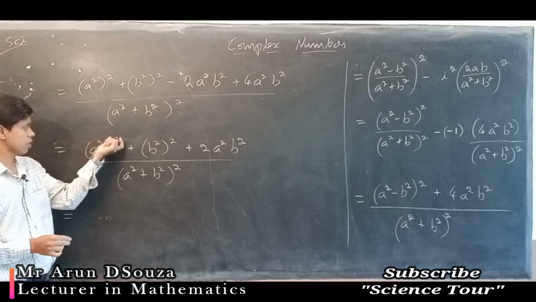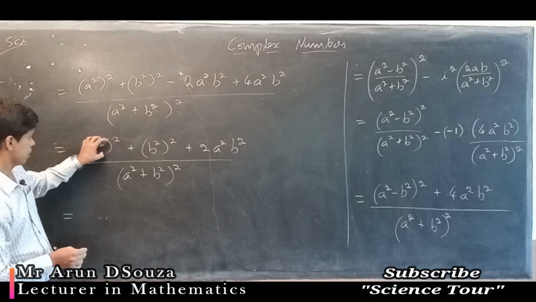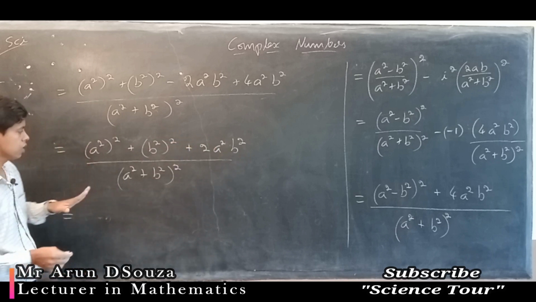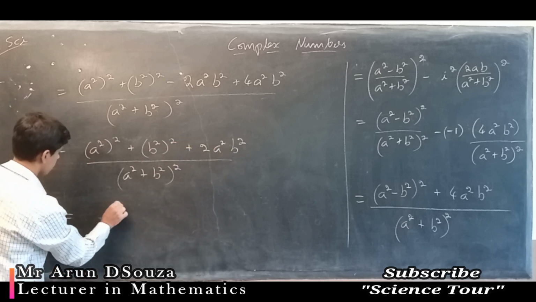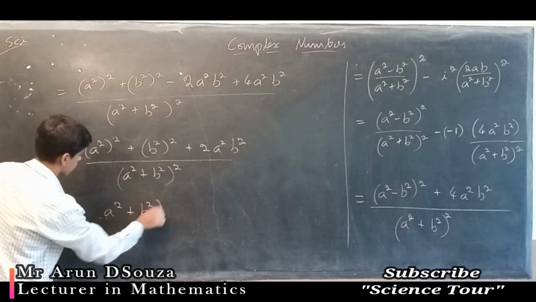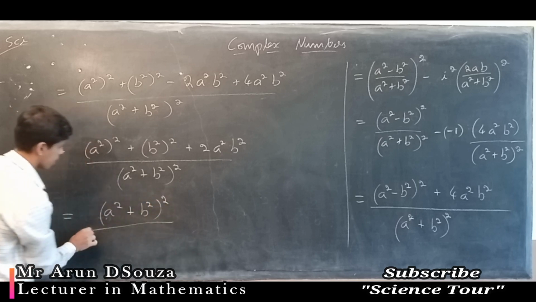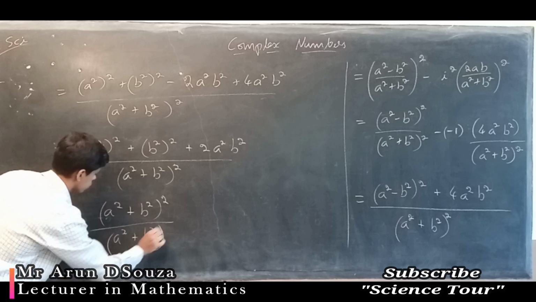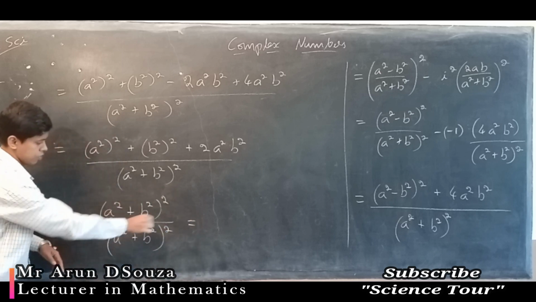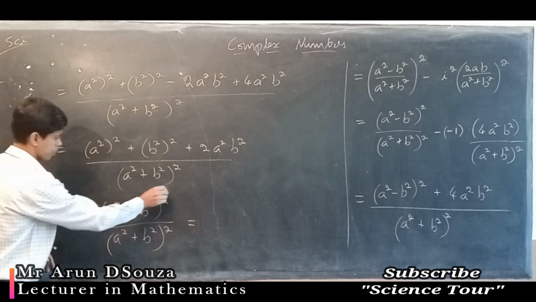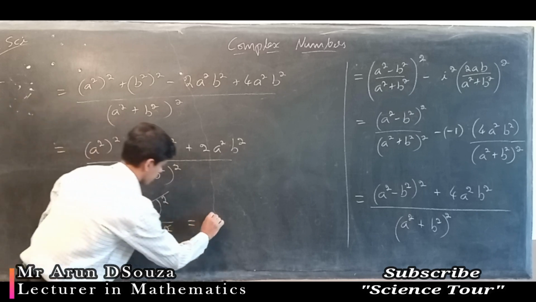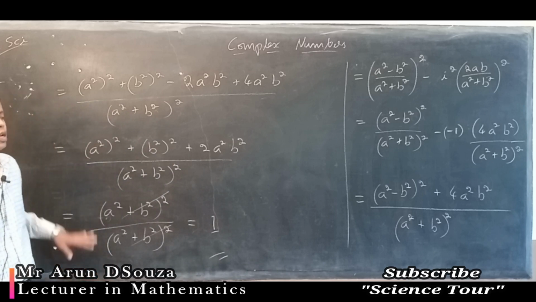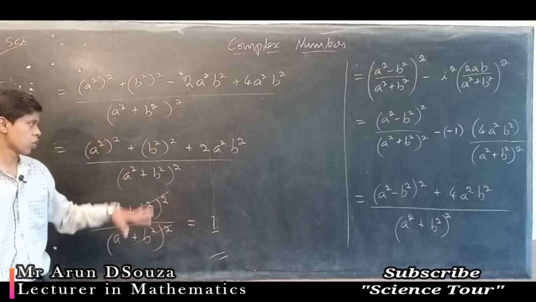a square whole square. So a square plus b square plus 2ab type, is it? So we can write it like this, a square plus b square whole square, and this is also whole square. Now both are same. Okay, so what you get is 1. So that's what we had to prove, x square plus y square is equal to 1,